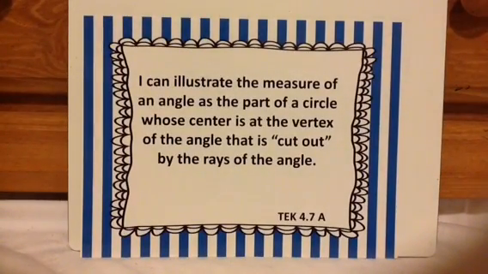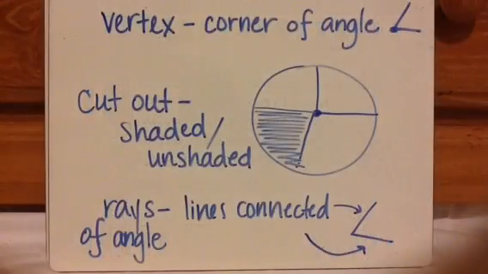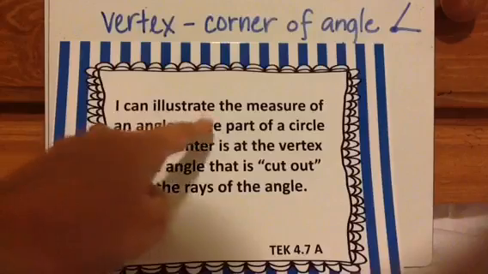It says, I can illustrate the measure of an angle as the part of a circle whose center is at the vertex of the angle that is cut out by the rays of the angle. That's a really long TEK with lots of words we don't know. I'm going to go through all the words first and then I will teach the lesson. So let's get started. Okay, so the TEK talks about illustrating the measure of an angle as the part of